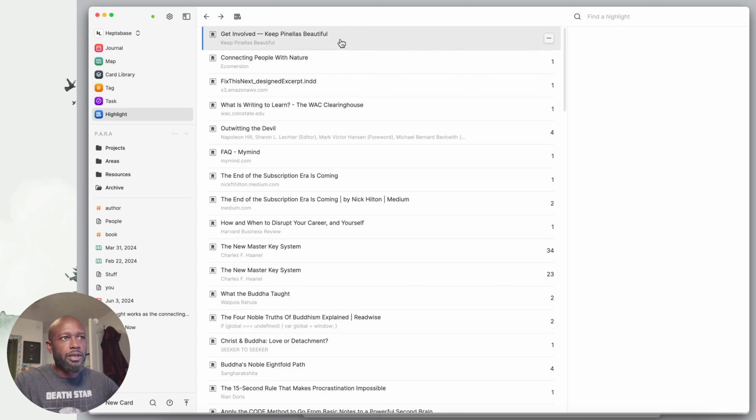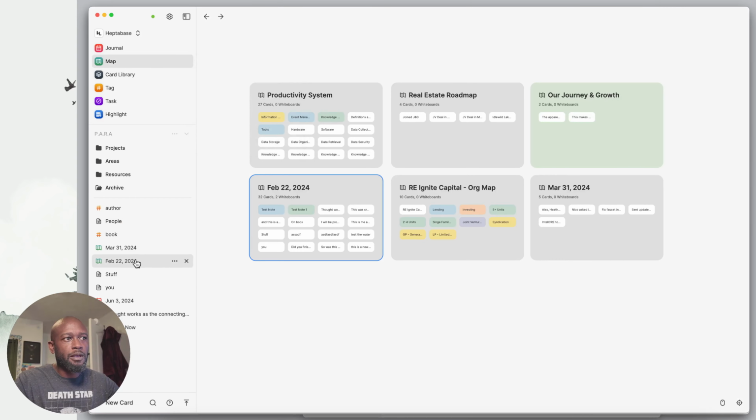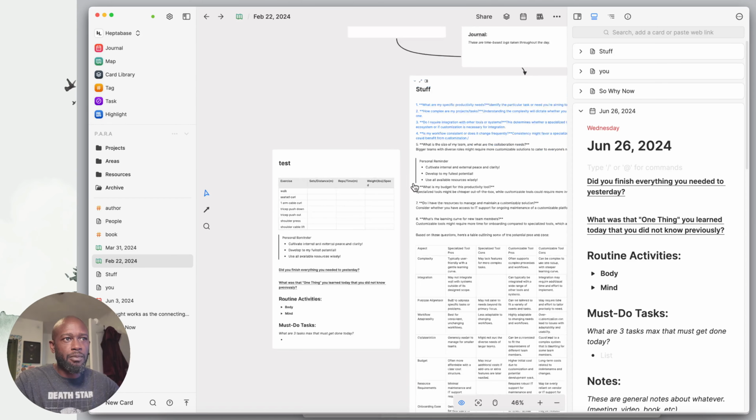Now, how this is pretty good is because you can come in here and you can get your highlights. You can add notes to these highlights. So if you want to reflect on something you highlighted in a book previously, you can add these notes into here. And even better is that when you go to your board and you have a board that you're trying